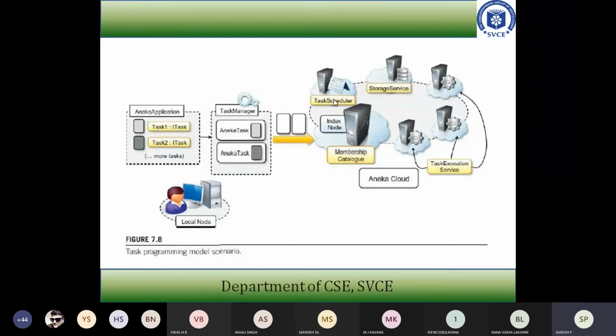So what is the main responsibility of the task scheduler? The main responsibility of the task scheduler is to allocate task instances to resources in the execution service for task execution, and monitoring task state. What I told you is the function of the task scheduler. If I want to assign some work to a student, I should know where the resources are available for that particular student. Depending upon the type of resources available, I have to tell that this resource is available with this person. You go to this person, your job will be done.